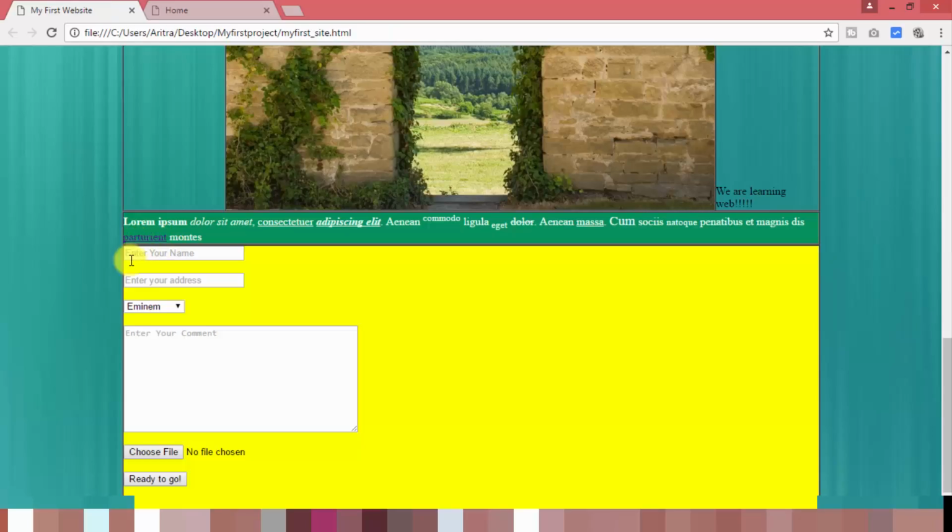We are now familiar with form elements, which is a main issue in this case. We learned how to bring a particular form element into your project to accept data provided by the user, and we are familiar with creating the name field, the address field, the select type, the text area type, and of course the file attachment type, and the submit button to submit all the data as given by the user. So after all these things, if we want to push harder and proceed further,